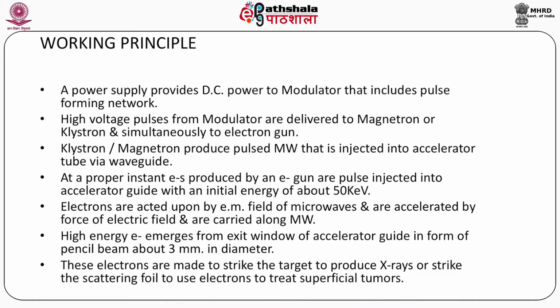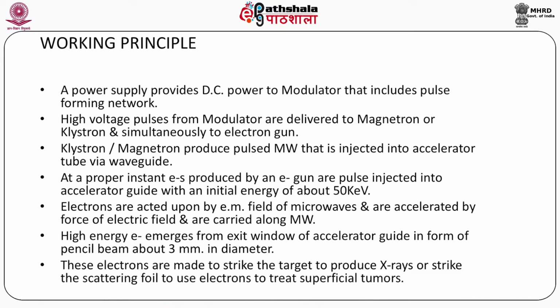There, the electrons are synchronized with the electromagnetic radiation, and energy is increased. Electrons are acted upon by the electromagnetic field of microwaves and are accelerated by the force of the electric field and are carried along. High energy electrons exit from the exit window of the accelerator guide in the form of a pencil beam about 3